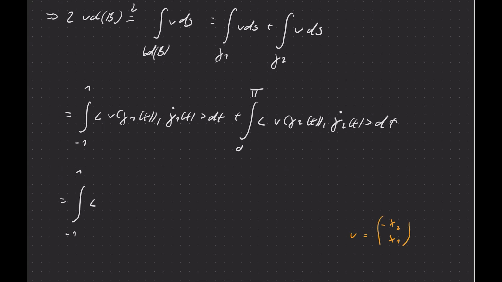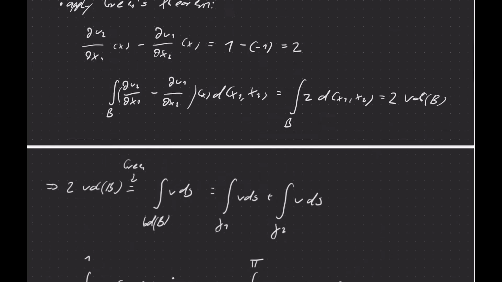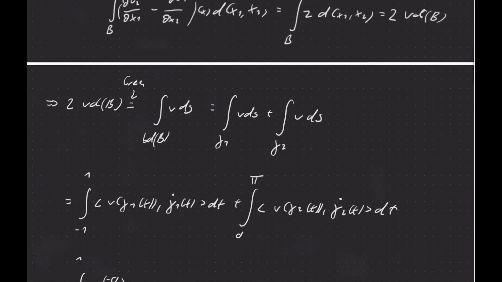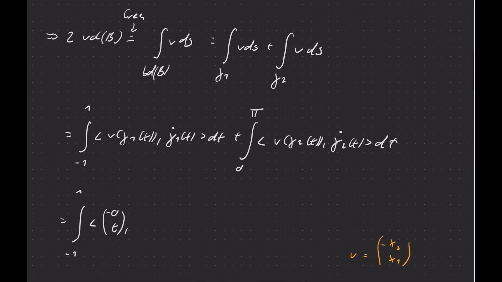So v of t0, that is 0 or minus 0 and t. And then we need gamma 1 dot. Again, gamma 1 is t0. So gamma 1 dot is just 1, 0. Okay, so here we get the vector 1, 0. And we want the scalar product of that dt